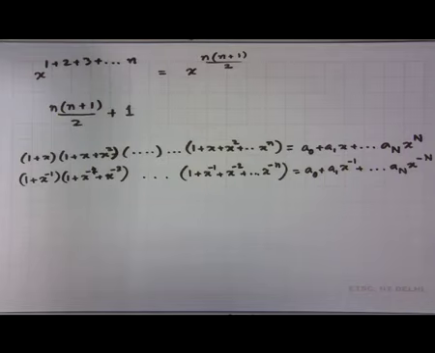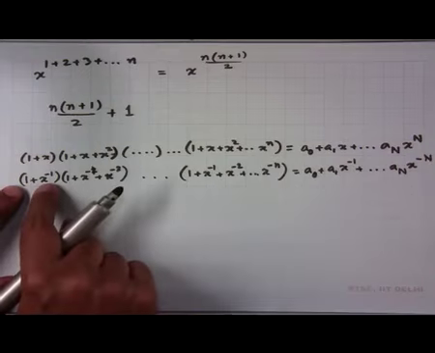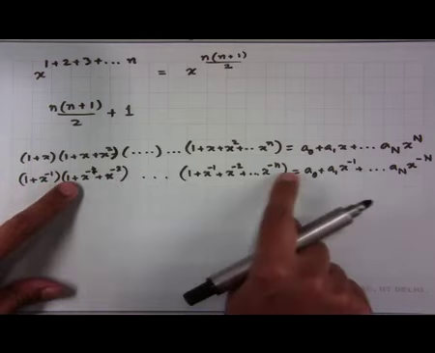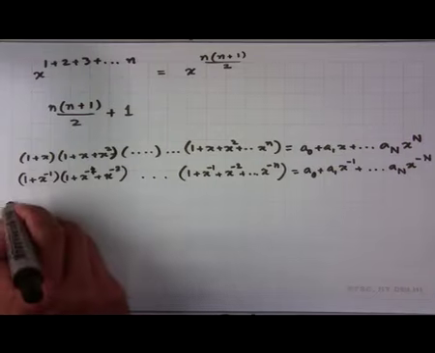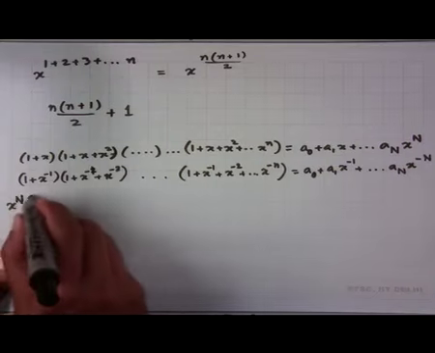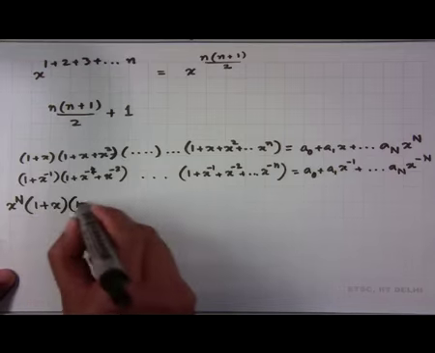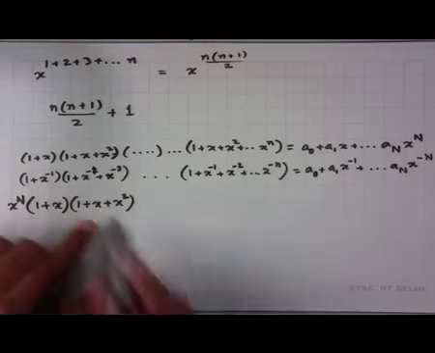But then you can simplify this by taking x^(-1) common, x^(-2) common, x^(-n) common, and then net you are going to get x^(-n) times 1 plus x plus x squared, or rather x squared plus x plus 1,